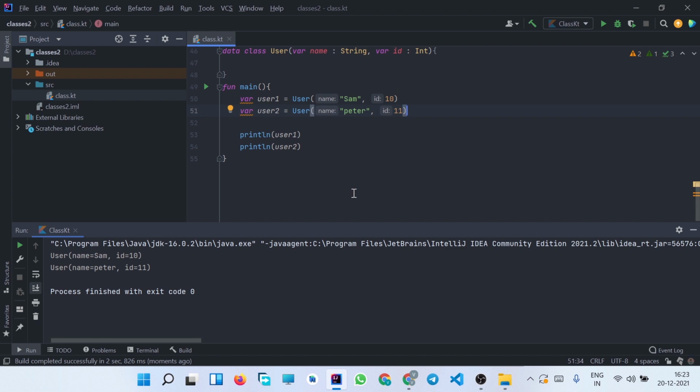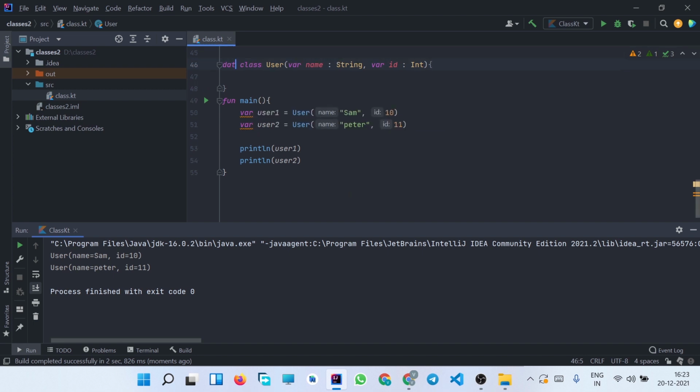So let us try to do the same thing by removing this data keyword. Now let us print and see what the output is. Here you can see some garbage value, or the address values where these attributes or variables are stored, has been printed.